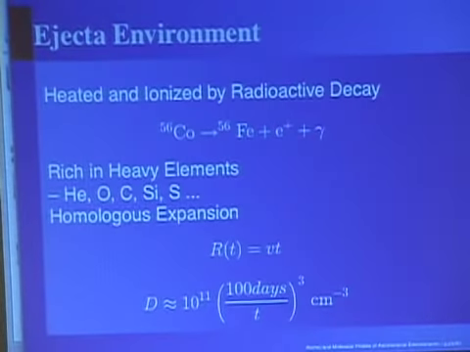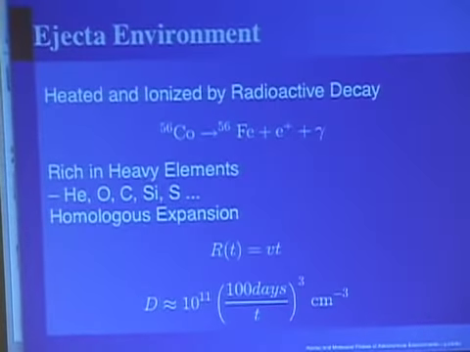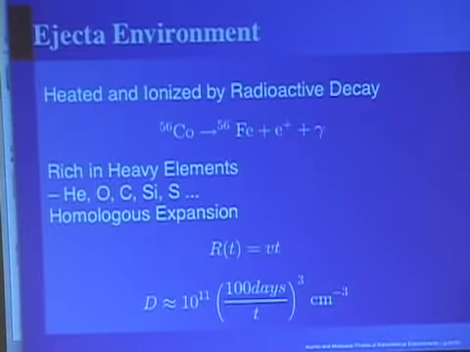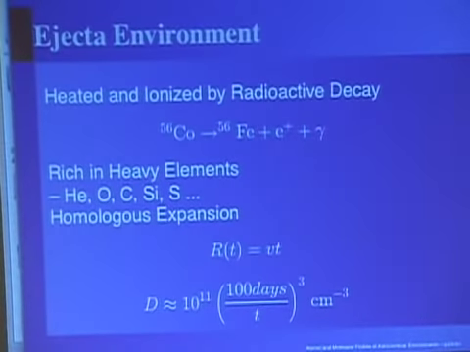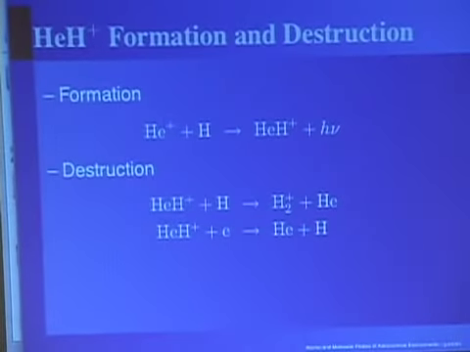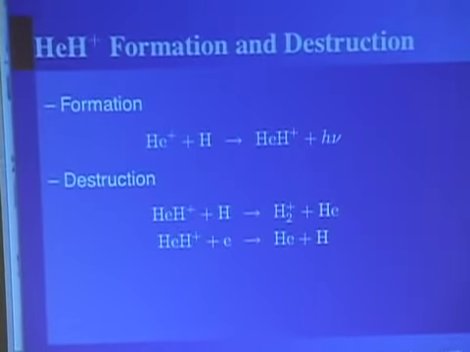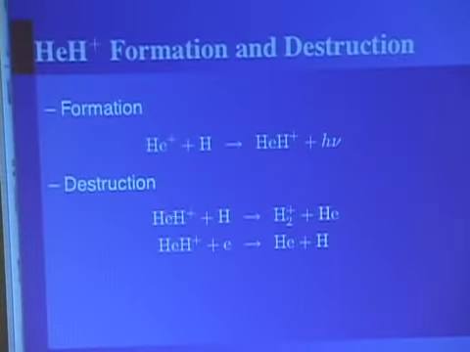It's expanding so that the density is getting lower linearly. It's quite like the early universe, which is another thing that Alex and I had modeled at the time. So we set out to try to model initially the CO abundance, and then we started looking around for other things out of our model that could possibly be detected. And one of them was HeH+, and it's formed in the supernova the same way as it's formed in the early universe, by helium plus H radiative association, making HeH+,